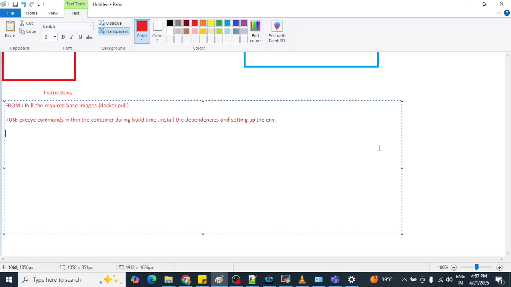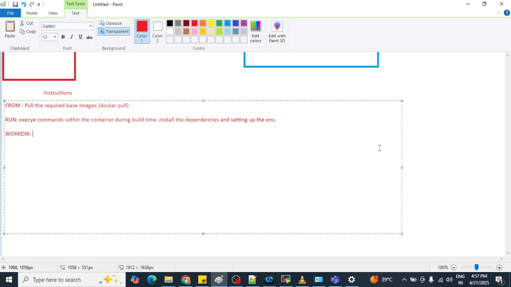Got it? So the next instruction is called WORKDIR. What is the use of WORKDIR? It sets the working directory for subsequent instructions.